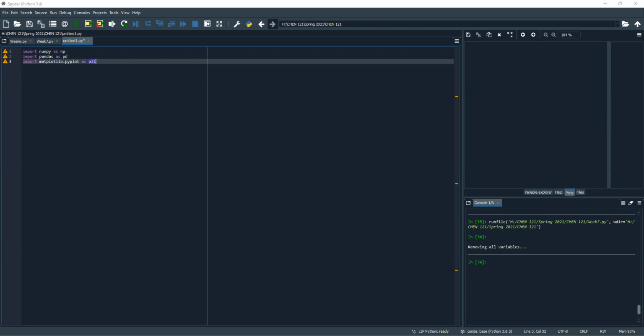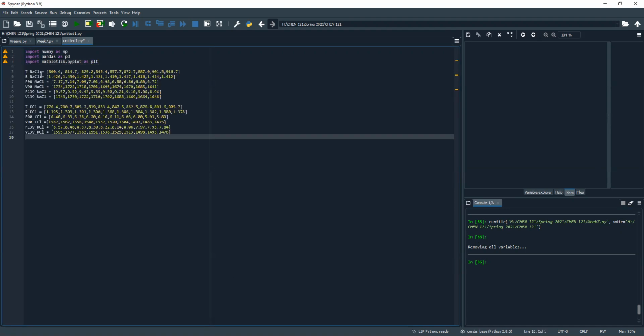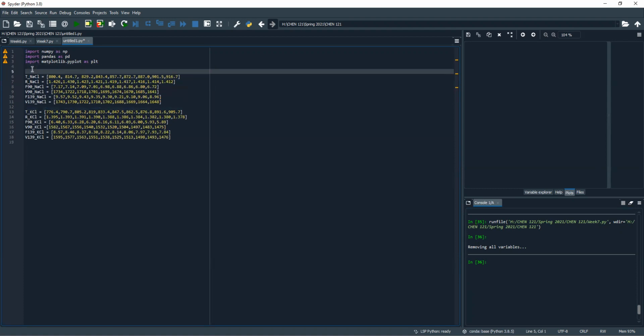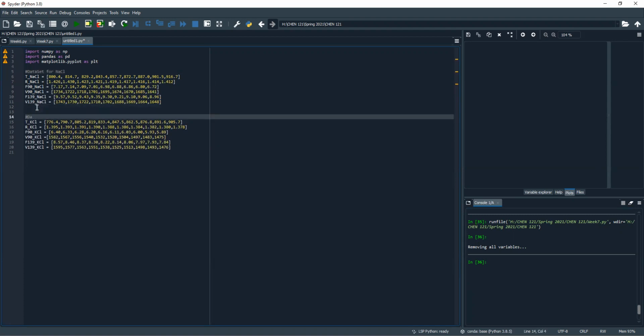Okay, so we have a bunch of experimental data. So our first step will be to import all of this experimental data. I've already prepared the arrays and I'm just going to copy paste them here. And let's have a look at these arrays and compare them to the experimental data we have, right? So we have temperature of NaCl. This is the data set for NaCl. Let me just add a comment. And here is the data set